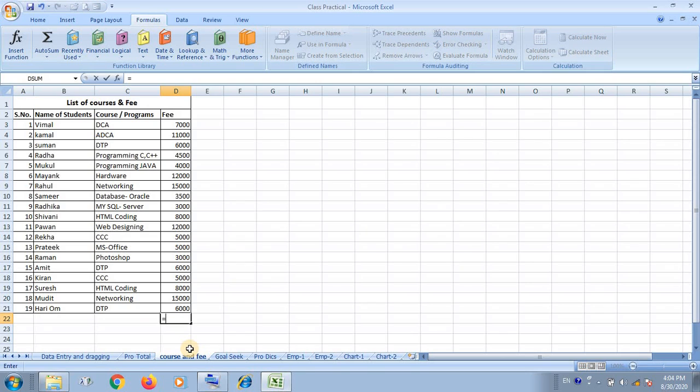Then we have to use here the SUMIF function, that provides the condition range. We have to select here this range.